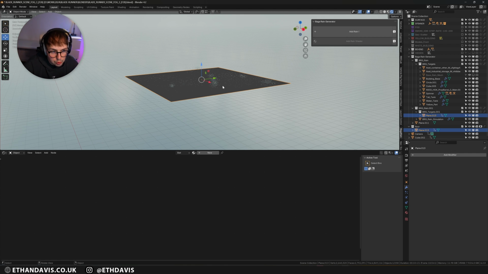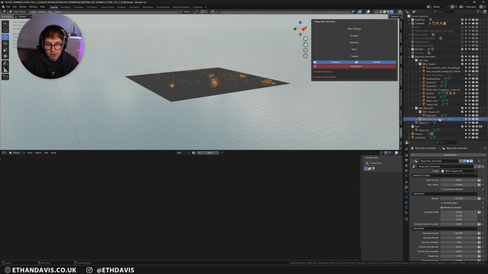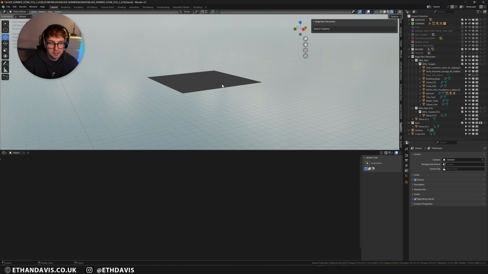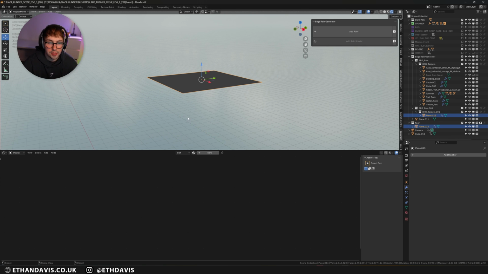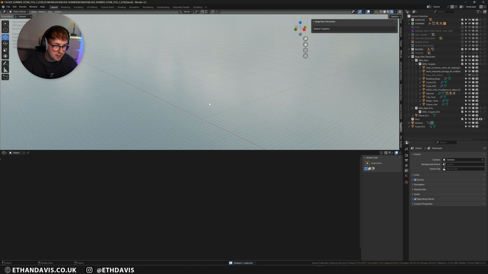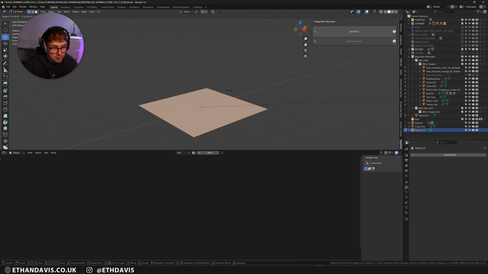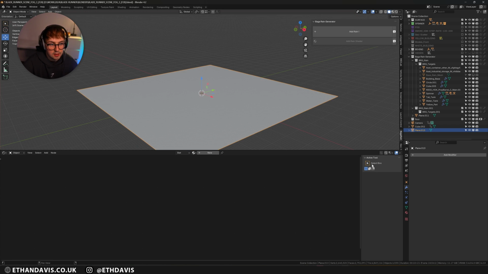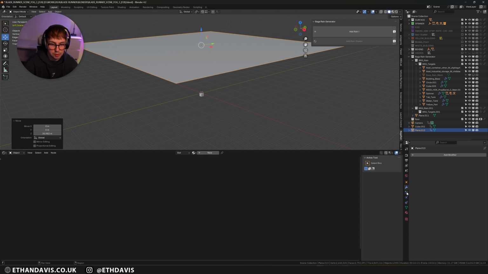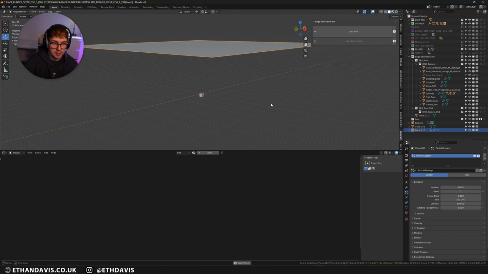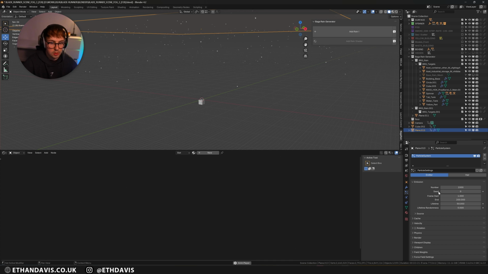Now, for the actual rain, I made it myself, just using a particle system. I think I actually used like 400,000 particles to get the rain that I wanted. So to do that, I added in a plane. I scaled it up. This will probably crash if I'm not careful, so I need to make sure that it doesn't. I go to particle settings, and then I have it as an emitter, right? And then I increase the number first, so maybe let's do like 3,000.